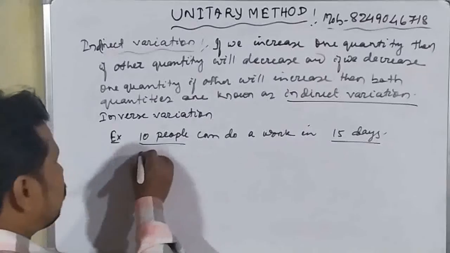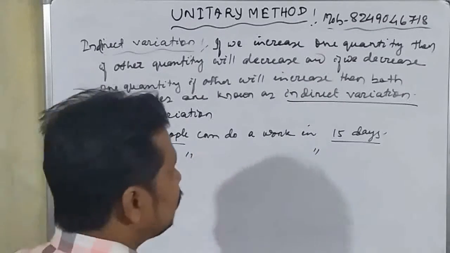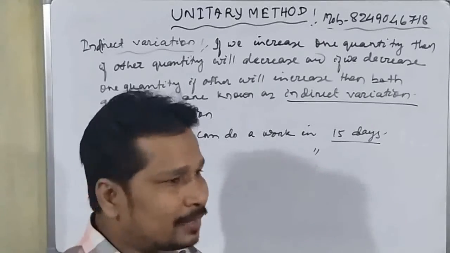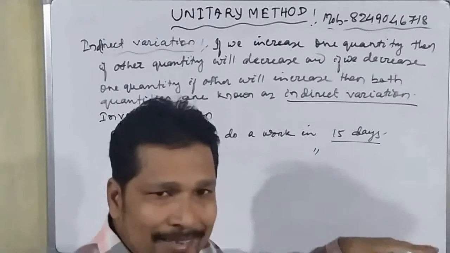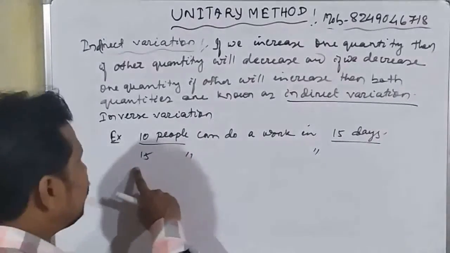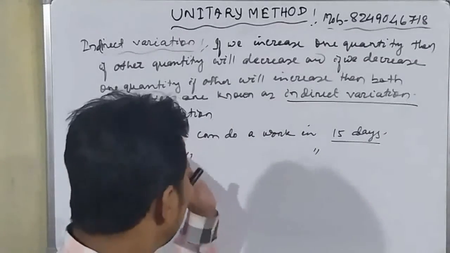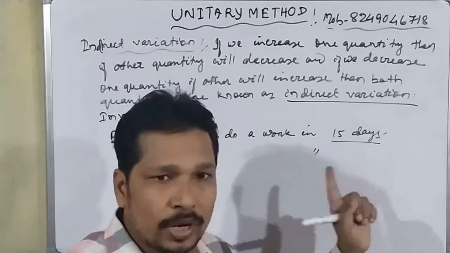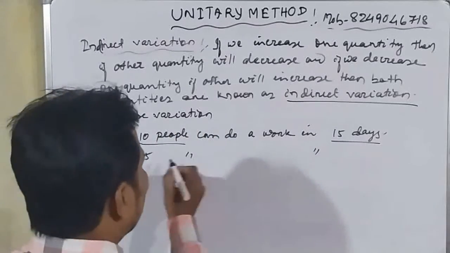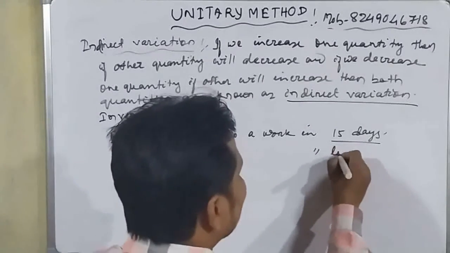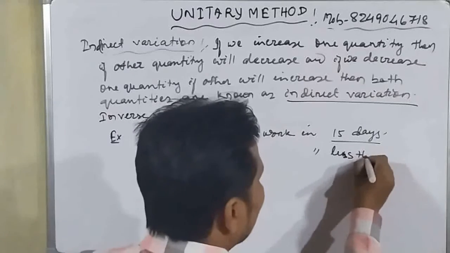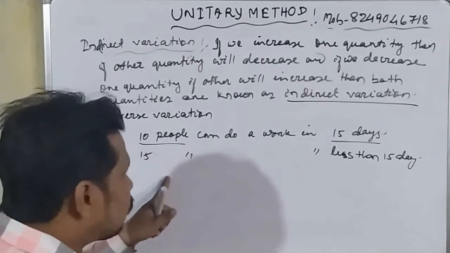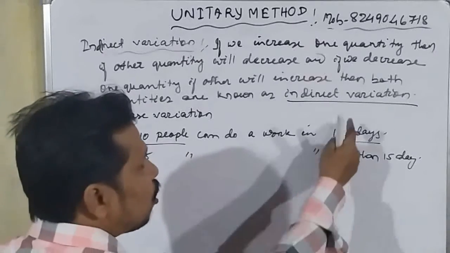If we assign, suppose, 15 people, can do that work in how many days? Think, we do not find the answer. Only we will think that it will be more than 15 days or less than 15 days. So if we assign 15 people, that means we have assigned more people. Then definitely they will finish the work in less days. Okay, student. So 15 people can do it in less than 15 days. Okay, student. Here we have increased the first quantity, which causes the decrease of the second quantity.